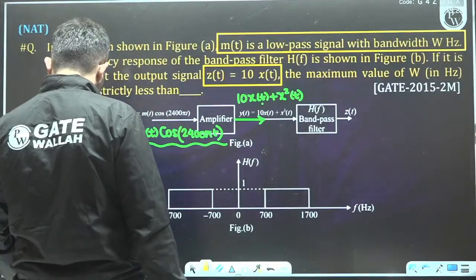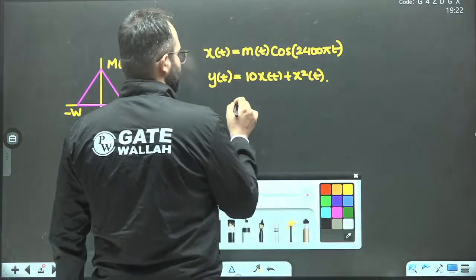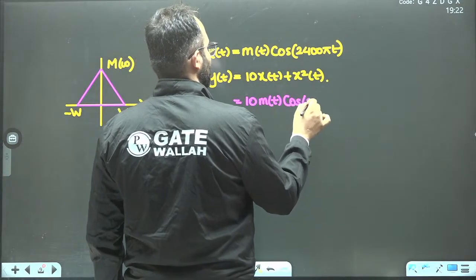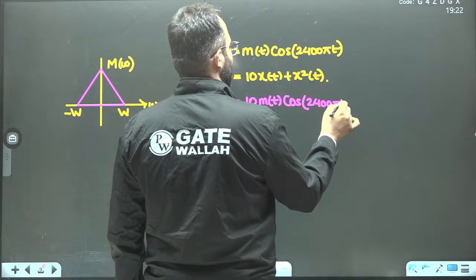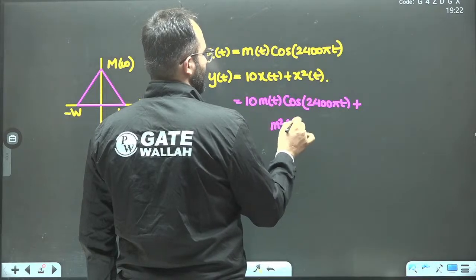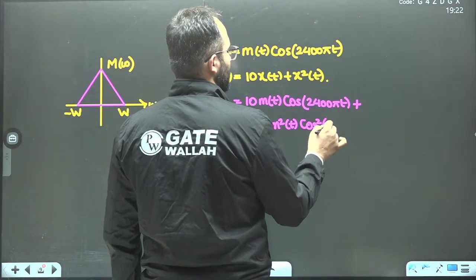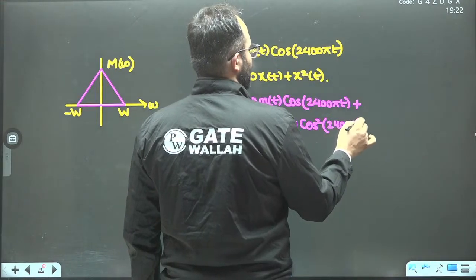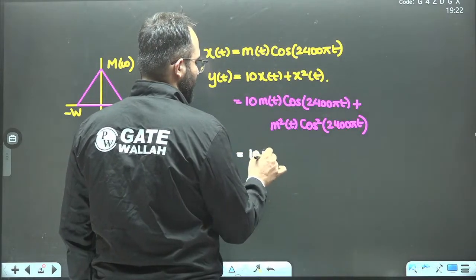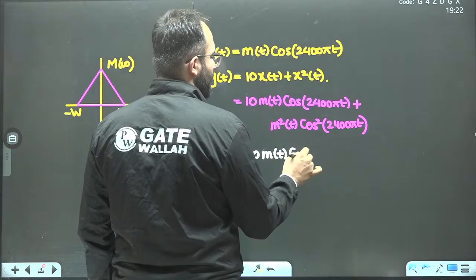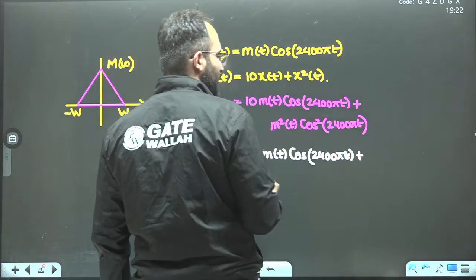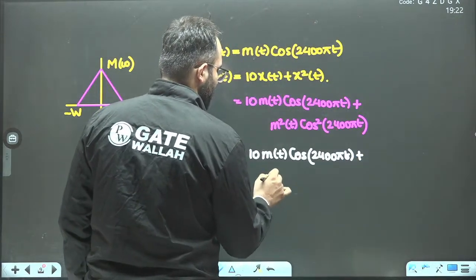plus x square t. Now 10 times x(t) will be 10 times m(t) cos of 2400 pi t plus x square t. x square t will be m square t. Now we can simply solve this cos square term. Plus m square t, and cos square t will be m square t